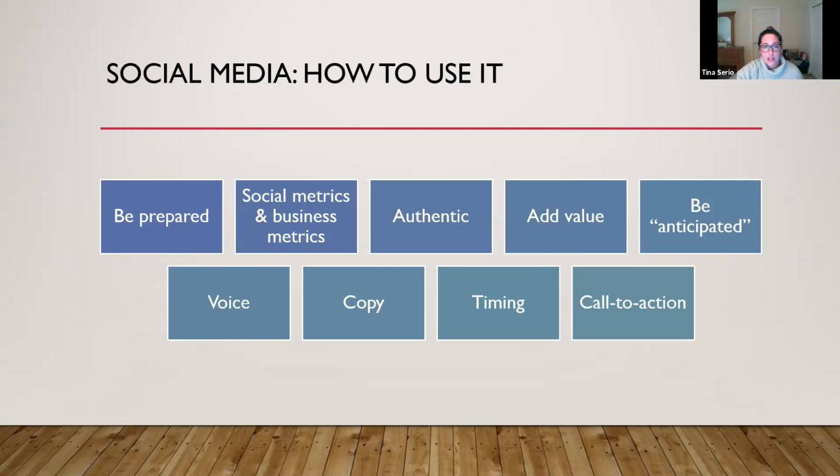And include a call to action. This goes for ads and organic posts alike. Within your ad, you're going to have, think about, a dozen different calls to action. Make sure you select the one that makes the most sense for the campaign that you're running. There might be something like shop now or sign up. Also have some sort of call to action when you're posting organically. You're not going to have the option of a drop down when you post organically, so you'll want to work that into the copy. It might be a lighter touch than what you have in your ad. It might just be learn more or visit our website.